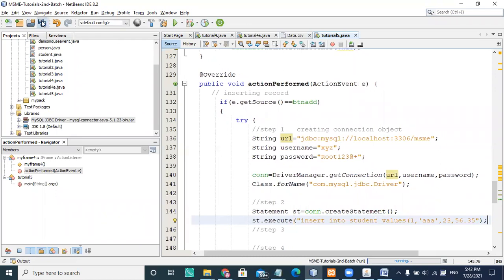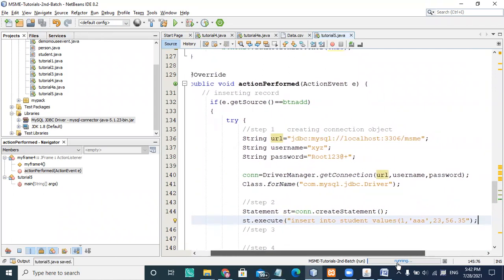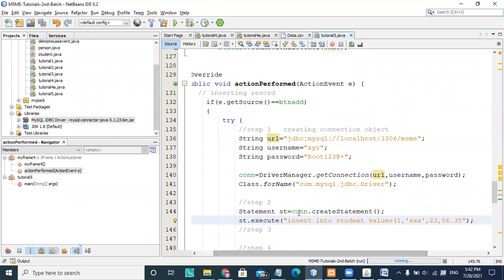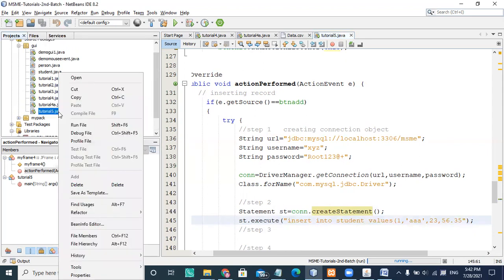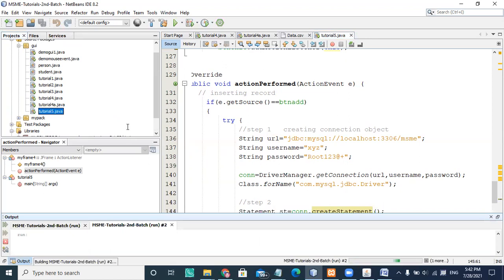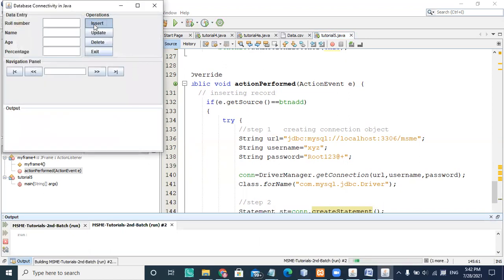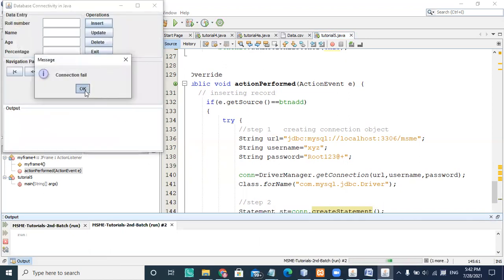I'm not taking any value from the user interface, just checking whether the query statement is executed through the connection, and whether you are inserting data in the respective database or not. That only I want to check, so I'm just running it and pressing insert. It says connection failed.